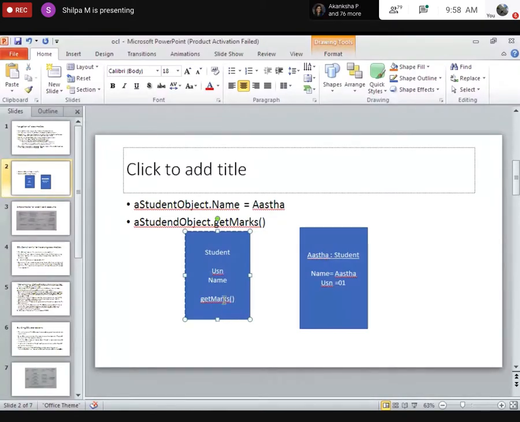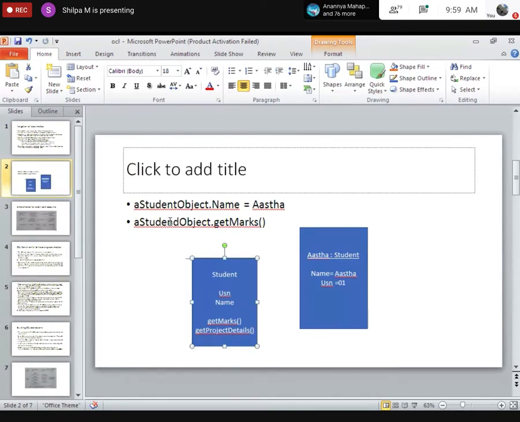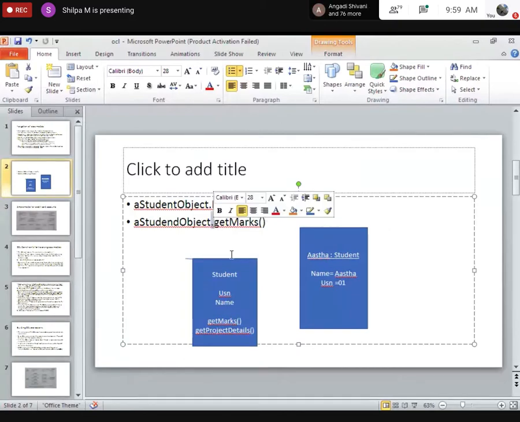Let's say, for example, this has another function like get project details. Let's say I want to get the projects the student has worked on. Whatever projects the student has worked on, I want to get those details. So I have this function. So in order to get that, I will say that student object, use a dot operator and then the function name. So in order to access the members of a class, it has the general syntax of